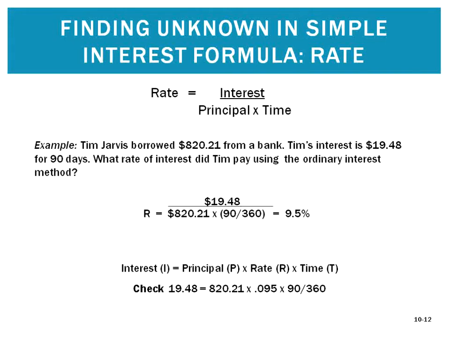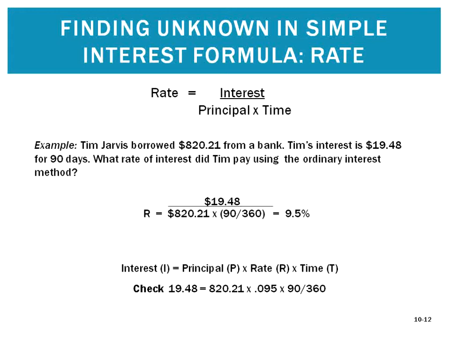So what happens if you have your principal and time but you don't have the rate? So say, Tim Jarvis borrowed $820.21 from a bank and he paid 19.48 for 90 days. What's the rate using the ordinary interest method? So your rate is equal to interest divided by 820.21, which is your principal, times your time, which is 90 over 360. And you should get